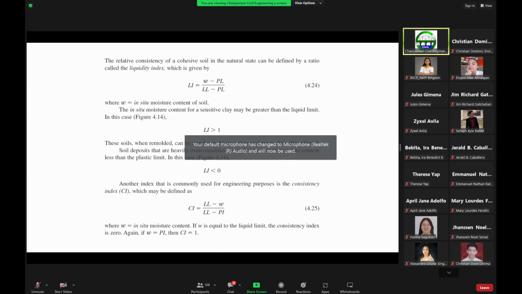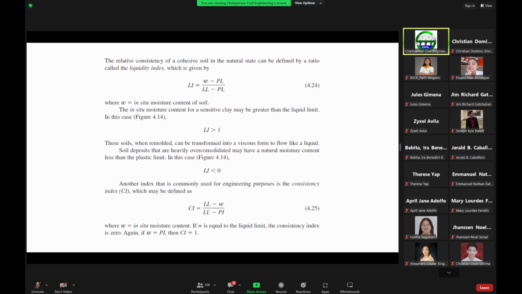So that means that beyond the active zone, there is not much change in the moisture content in the ground, depending on the depth